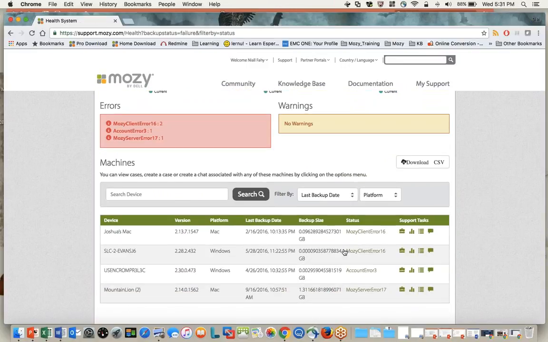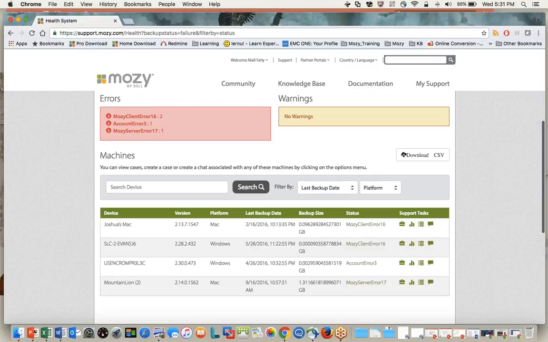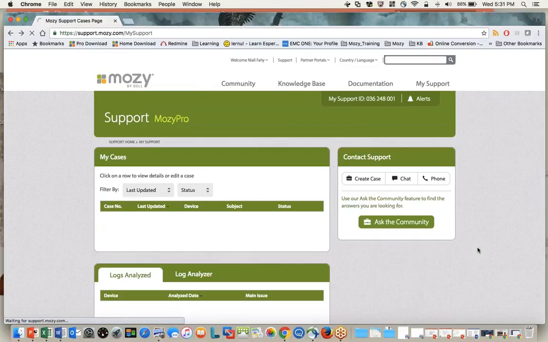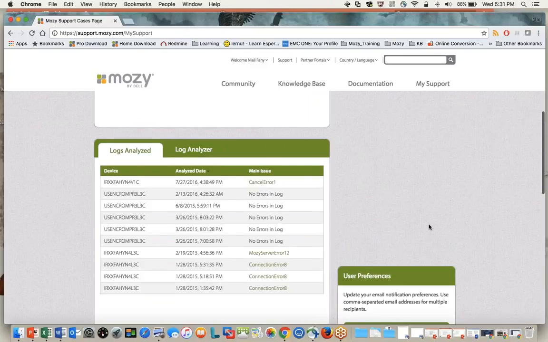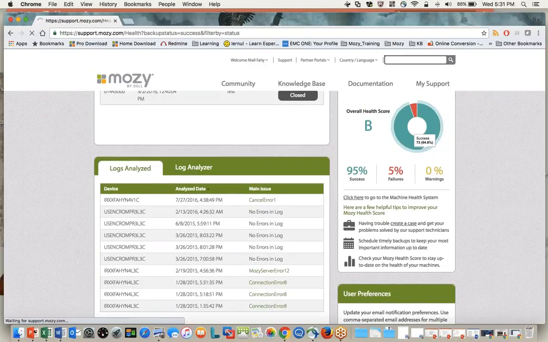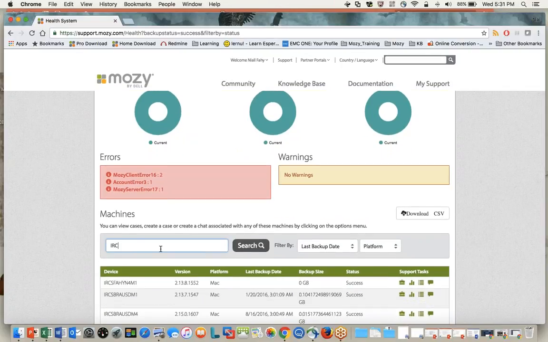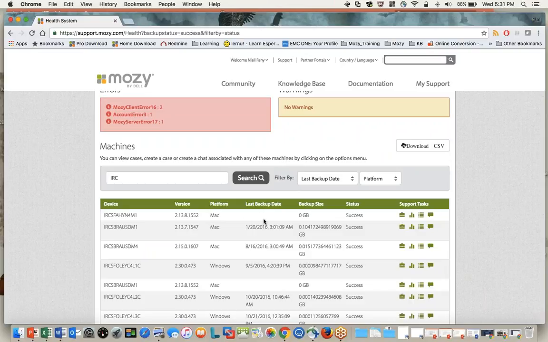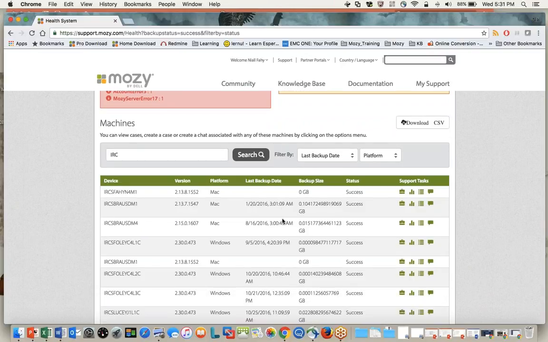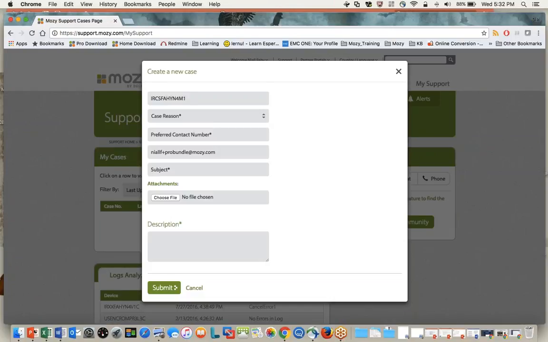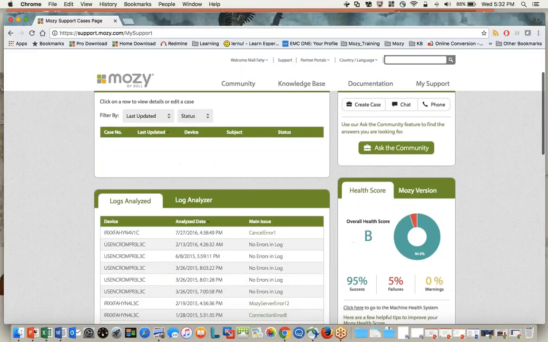So if we come in here and we create a case directly, I'm going to go back out here, just give me 1 second. Okay, and we'll search for device. So let's say IRC, I believe. Here we go. It's my own machine there. Create a case on this one. You see straight away it's populated there. So now, if I was to submit that case, the support agent knows exactly which machine is having the issue. If I go back in here again,